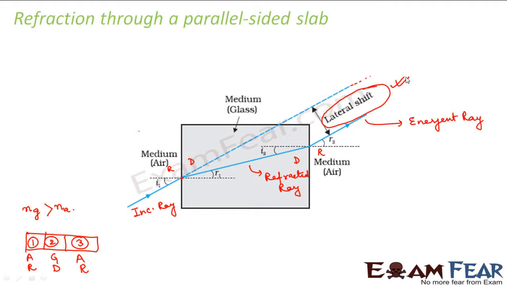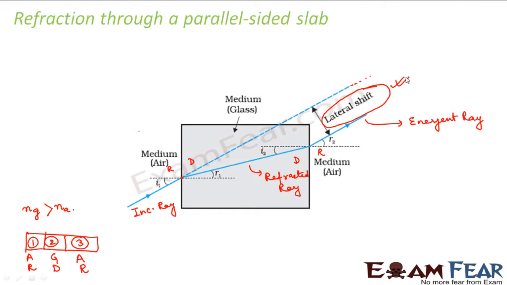So because of refraction, it often happens that we fail to see the actual position of an object. For example, let us suppose there is a person on a boat and he is a fisherman. He wants to catch a fish. So when he sees the fish inside water, the position which he sees is not the actual position of the fish. That's because there is a shift between the actual position and the position which he sees. So that is known as actual and apparent. So we will talk about this actual depth and apparent depth in one of the next slides.